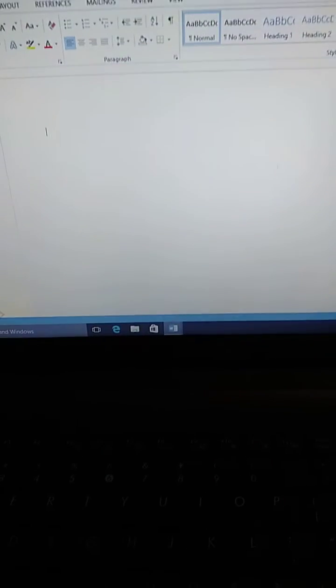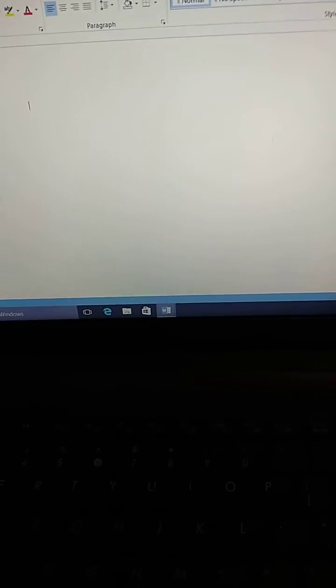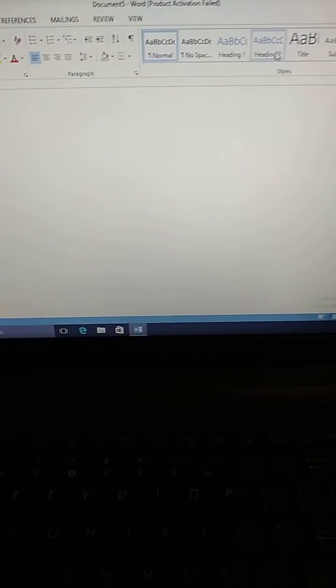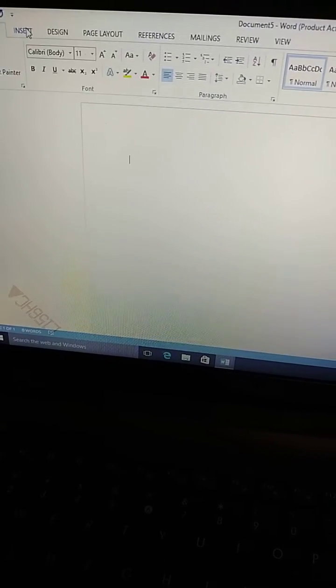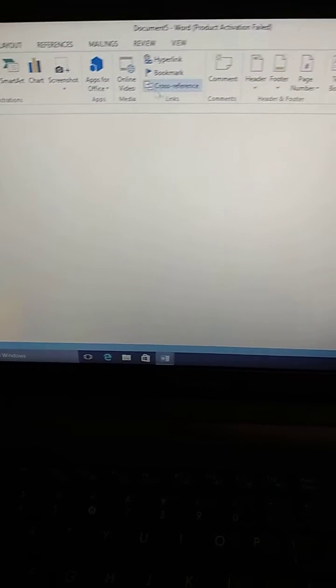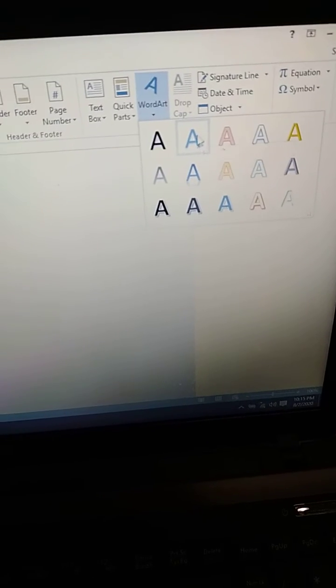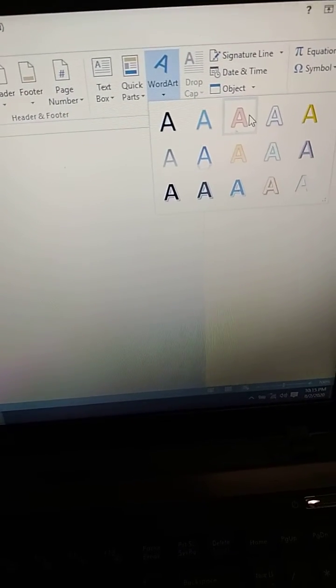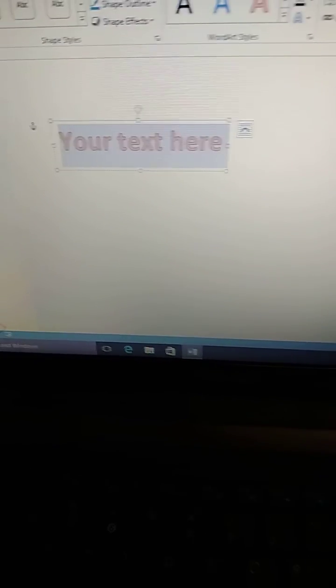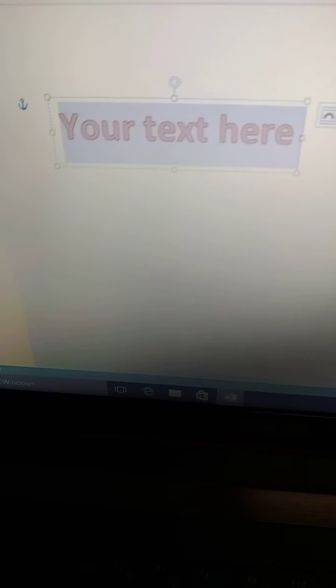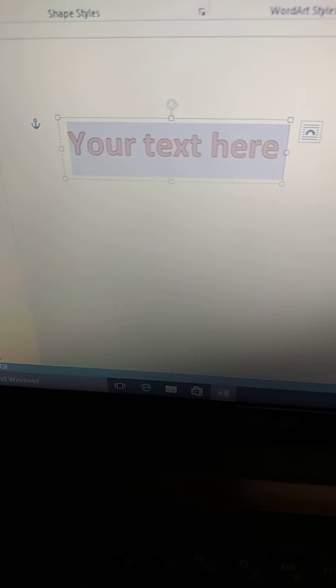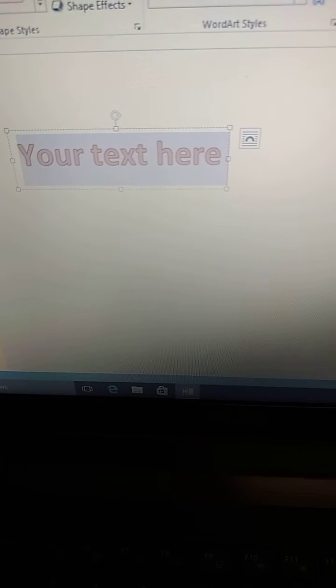Okay, then while you open a Microsoft Word art, just click on the button insert. Here you can use whatever you want. Word art, look here. Here word art, you can use the letters in such a way how you can write it. Look here. That means inside the letters that is empty and you are having only the borders.